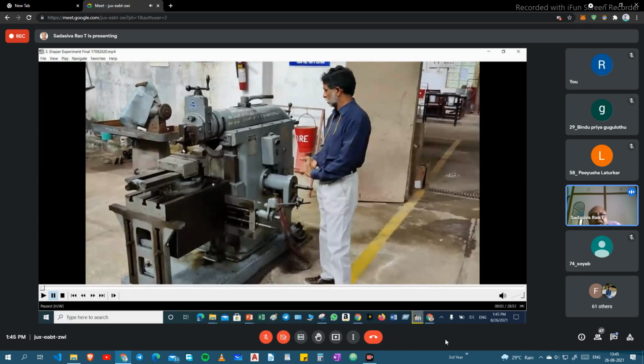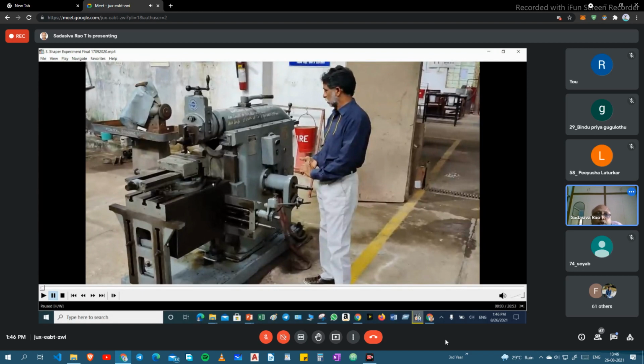This tool will lift, that is the clapper box function also. While returning, the tool markings will not be there on the job, because now it is at 90 degrees when the metal removal takes place, and while returning, it will not be at 90 degrees. Slightly it will lift like this, at some angle. So there are no lines. Lines we won't get on the job.